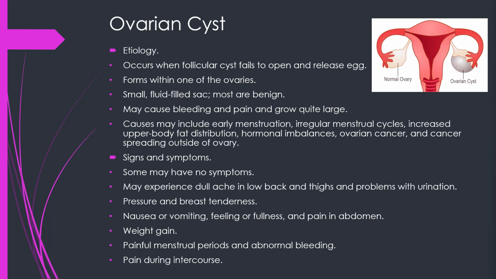The management is pain relievers, over-the-counter NSAIDs. Oral contraceptives can help regulate the menstrual cycle. We can limit strenuous activity to avoid cyst rupture and torsion. If pain, fever, vomiting, faintness, dizziness, weakness, or rapid breathing develops, a physician should be consulted immediately. Laparoscopic surgery may be necessary to remove or correct a torsion.